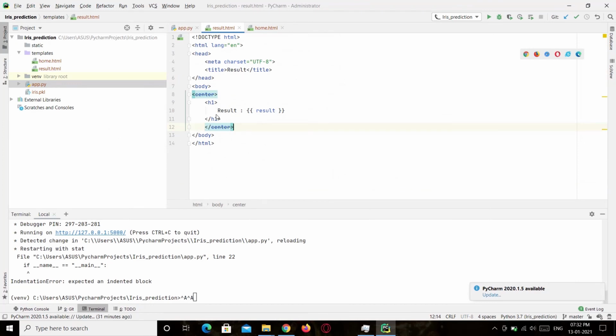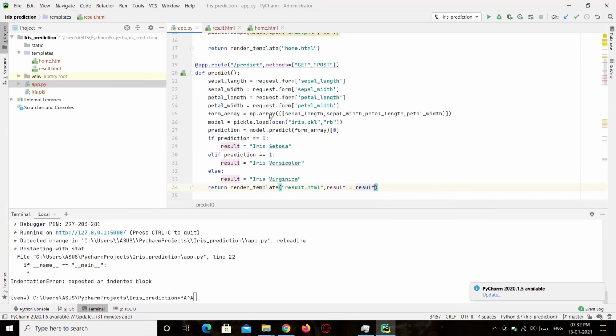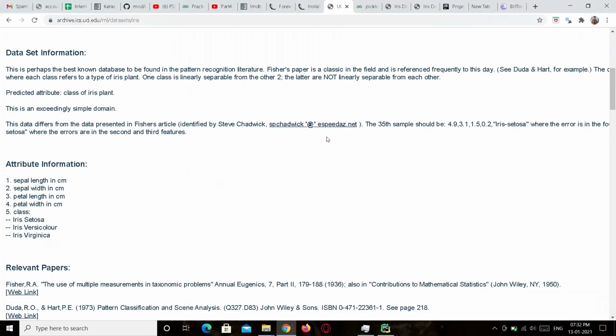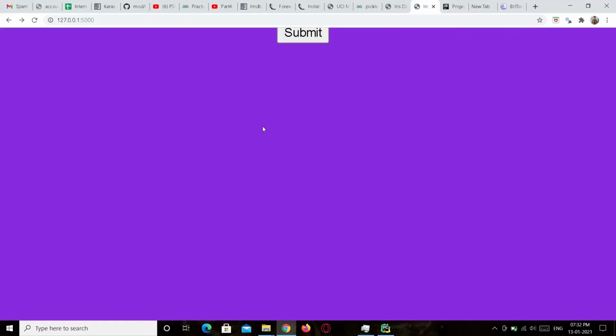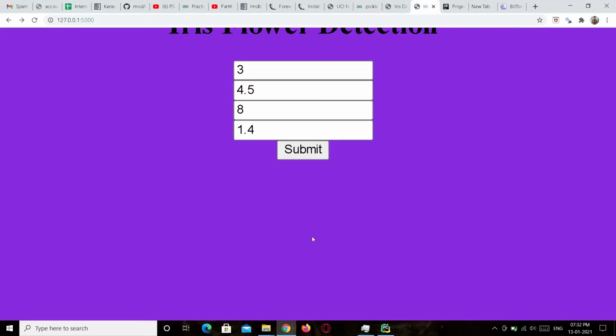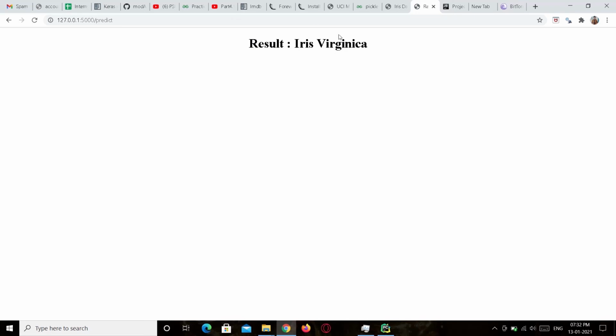In the result.html page, there's an h1 tag, and using the Jinja template, we have collected the value of result, so that when the submit button is clicked, the result will be shown as this.